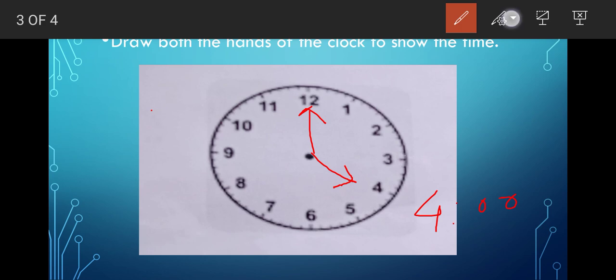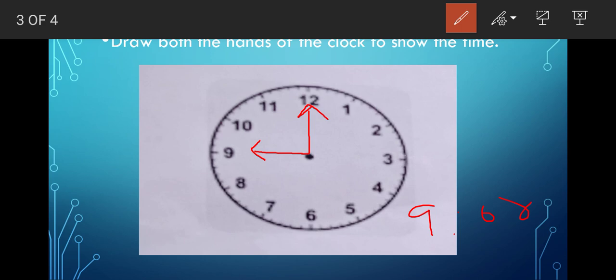One more question I am going to give from the timing. So if the question asks you to draw 9 o'clock, how will you do it? 9 o'clock, then the smaller hand will be at 9 and the longer hand will be at 12. Longer hand is the minute hand, and you are going to give the arrows also. Okay, so this is the time. Pictures will be given for you.